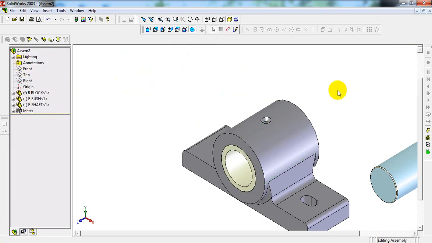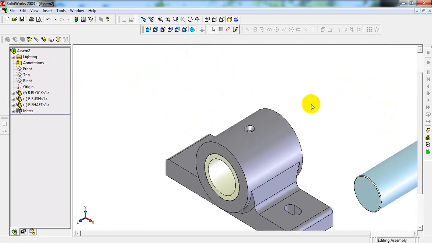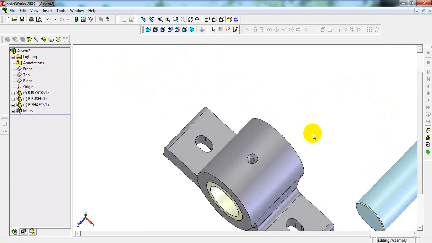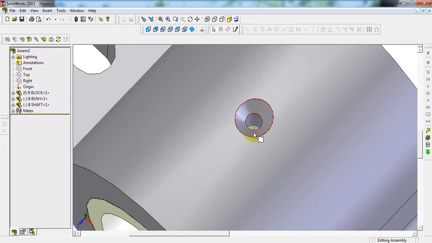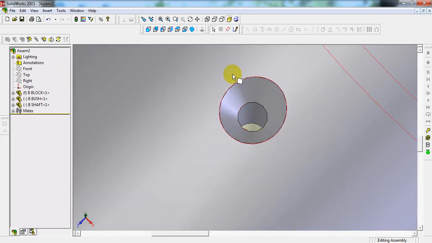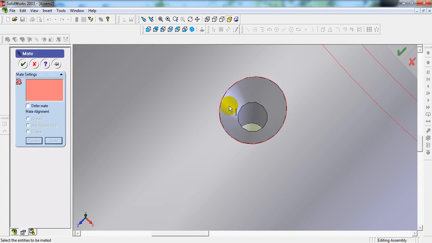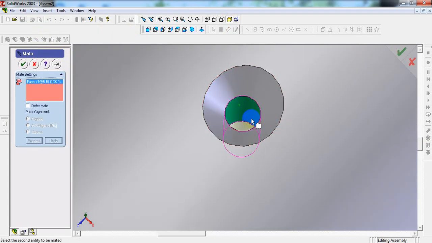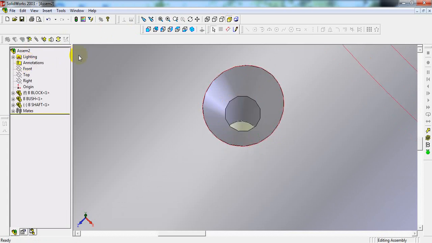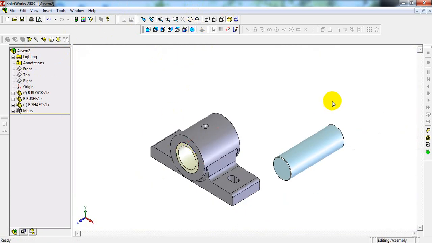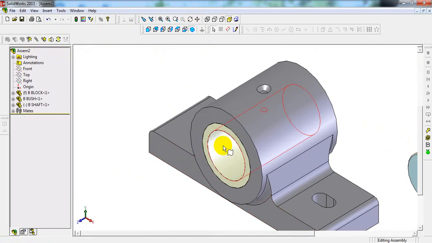Next just tilt the object, okay, like this. We can see here, select mate between the 6 mm diameter and internal bush 6 mm diameter. Okay, this relationship between these two. Okay, select OK. Now it will be fixed, it cannot be moved. Now it has been assembled.